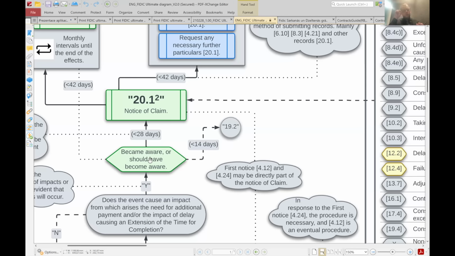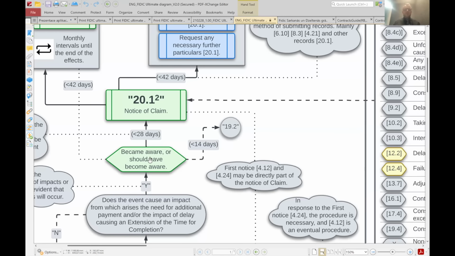So again, I have made some adjustments, but most of the time I'm focusing on the text of the FIDIC, and I'm focusing on the procedures that are written in the FIDIC guide. Most of the things in the FIDIC Ultimate Diagram are not my interpretations. There are some, but not most. Okay,